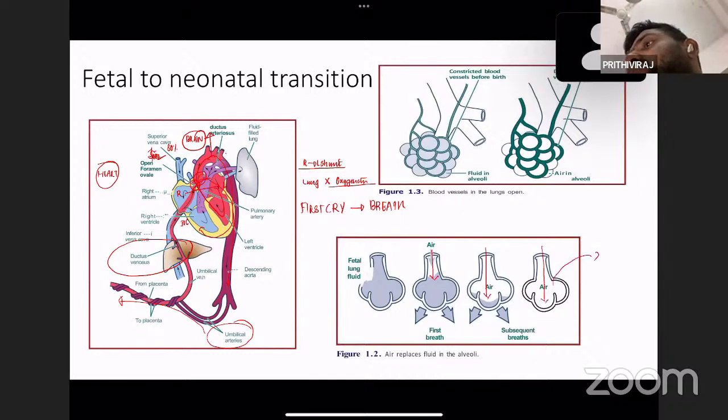As a result, the PaO2, the alveolar oxygen tension, increases. As a result, the above diagram will happen: constricted blood vessels before birth. After your alveolar oxygen tension increases, they start to open up. So more blood flows from your right ventricle into the pulmonary artery, into your alveolar capillaries. So oxygenation occurs, and then, as I said, once you clamp the cord,